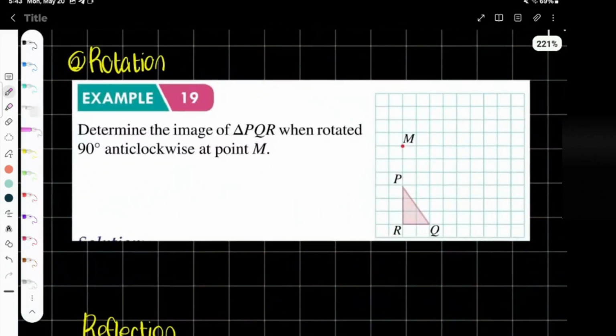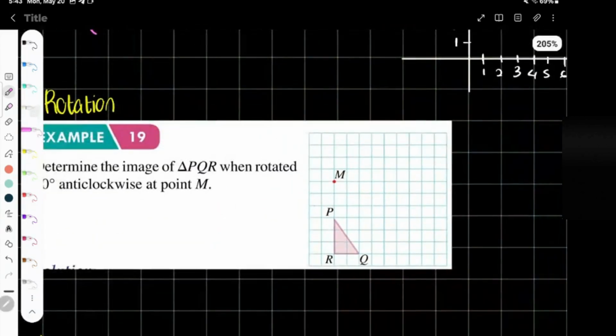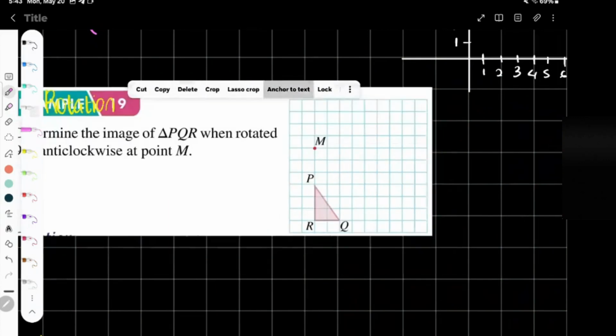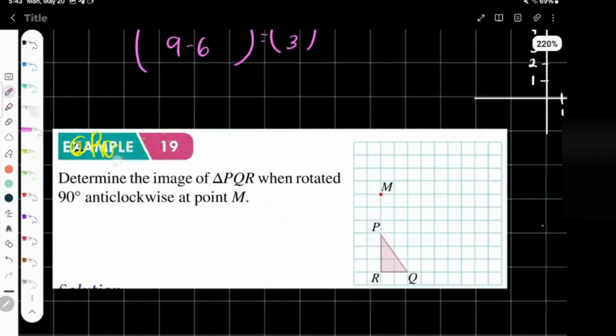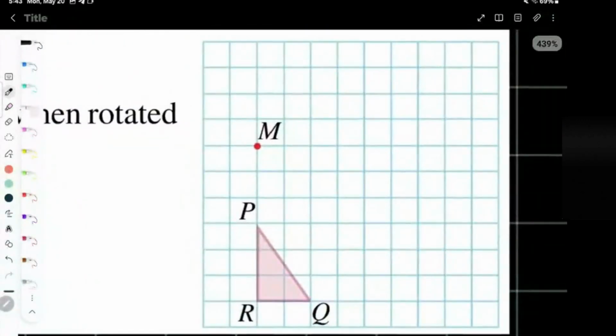Now the next one. Determine the image. This is rotation now. Determine the image of PQR when rotated 90 degrees anti-clockwise at point M. This one is also very easy. Rotation or translation, all of them are very easy. So now let's do this. If you were to do this, you have to first